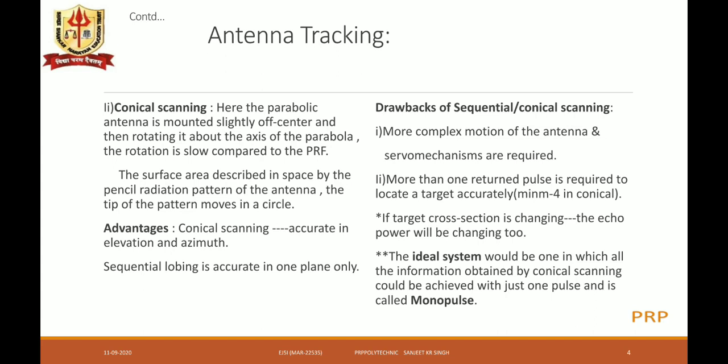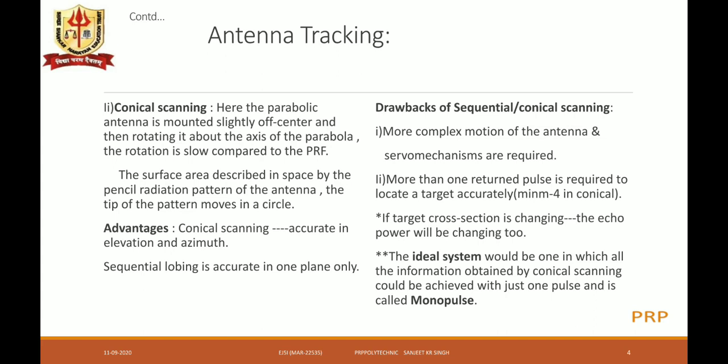That is a complex motion of the antenna, and for that servo mechanisms are required. Number 2, more than one returned pulse is required to locate a target accurately. For example, in conical scanning we require a minimum of 4 echo pulses. So these are the major drawbacks of the conical and sequential